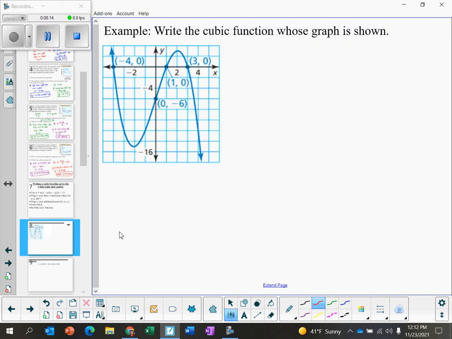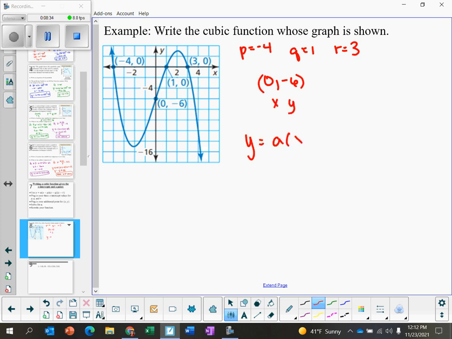So here's our first one. So negative 4 could be P, positive 1 could be Q, and positive 3 could be R. And then my other point is 0, negative 6. So using a times x minus p, x minus q, x minus r, we're going to plug in negative 6 for y,